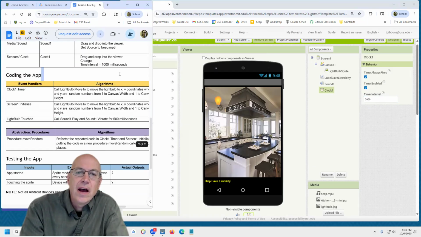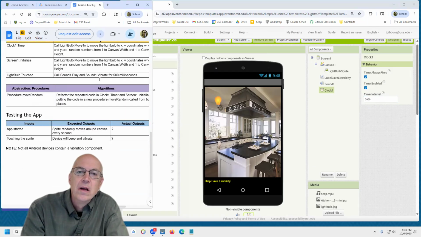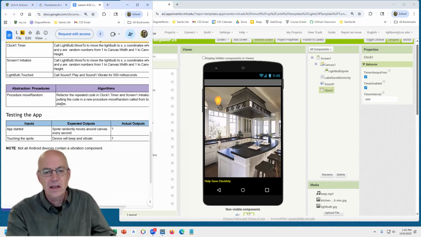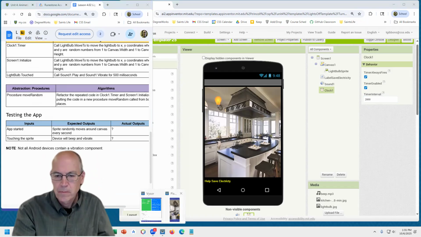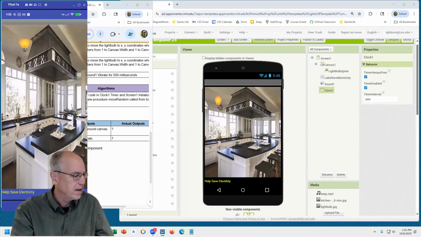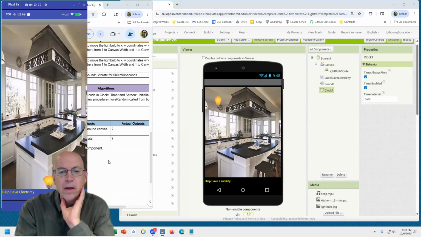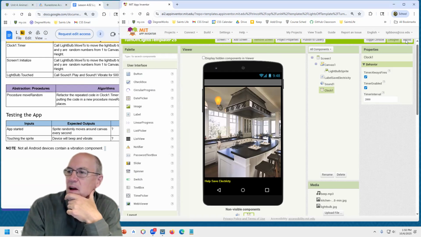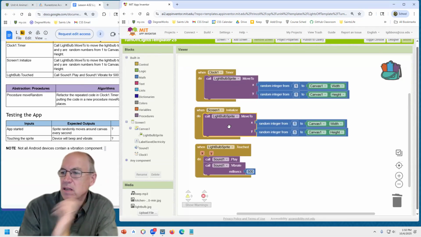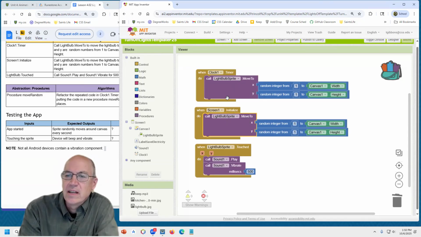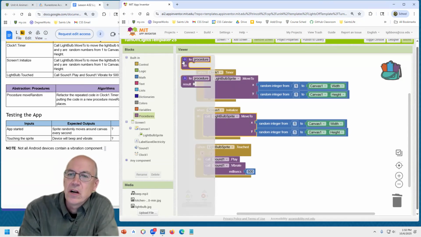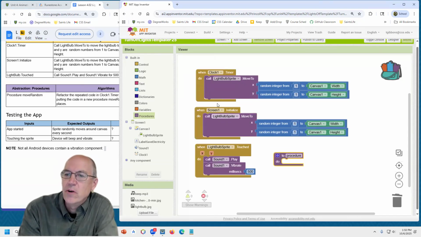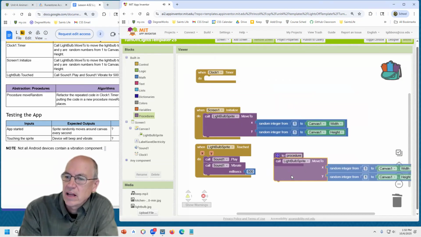We did all that. We did our sound and vibrate. Again, I don't think mine vibrates. No, mine's not vibrating. Interesting. Okay, let's add a procedure here if you haven't already. Again, we have these two sets of code that are exactly the same. So we're going to go to a procedure. Now there's two ways. This procedure is the one we want. We're not returning a value. You can look at the shape of this block and the shape of this block. They're the same. I'm going to drag this in here